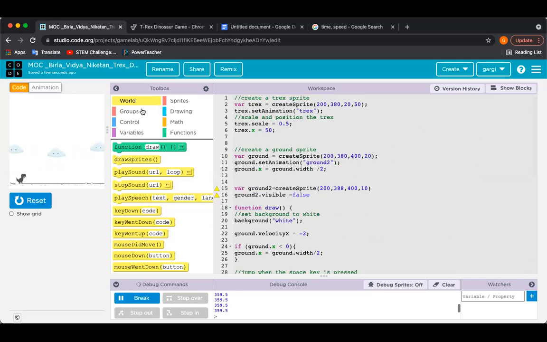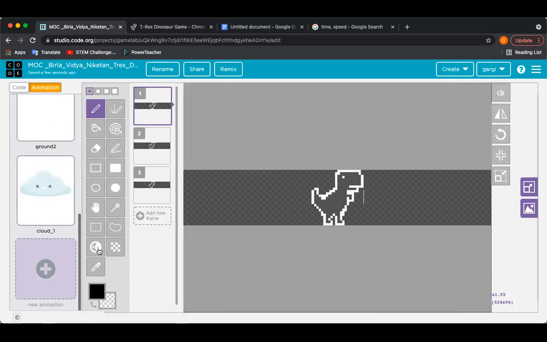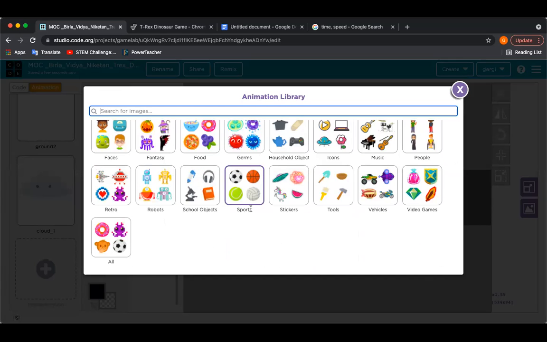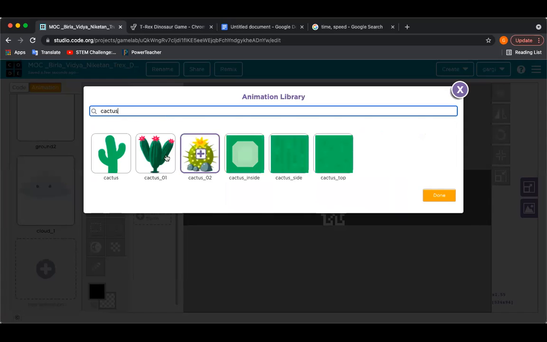Okay. And let me add the animation also. Where can I find cactus? Okay, but it is the same cactus.